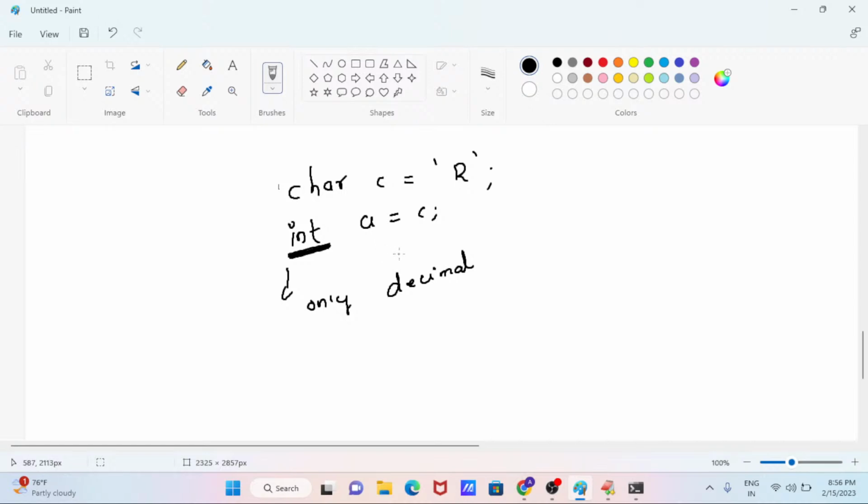Don't worry. Every character has one ASCII value.